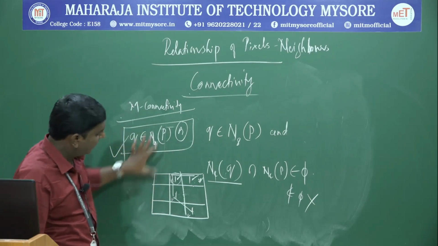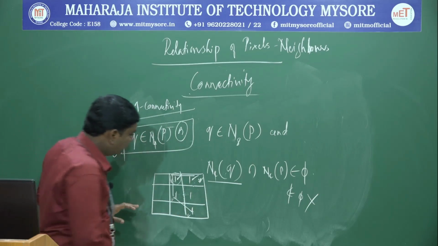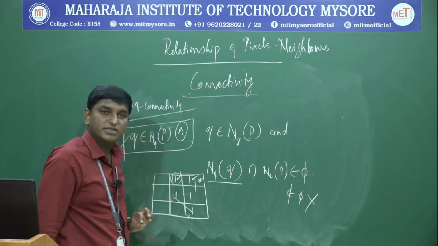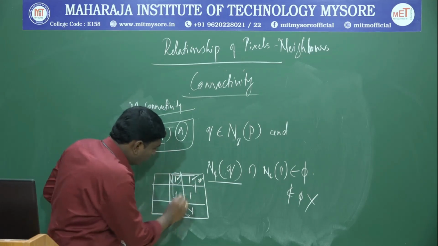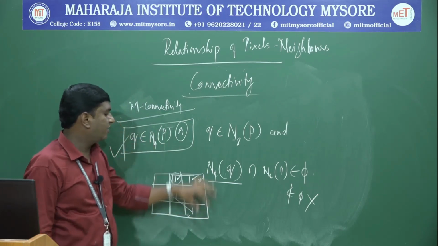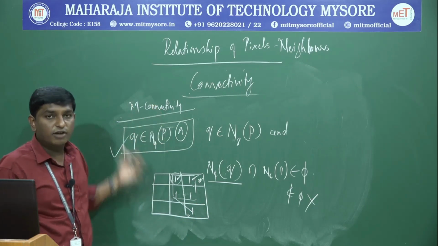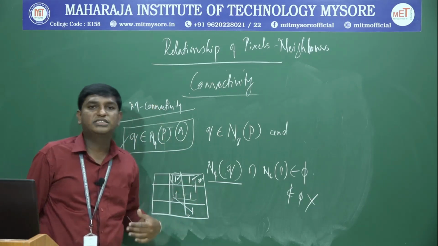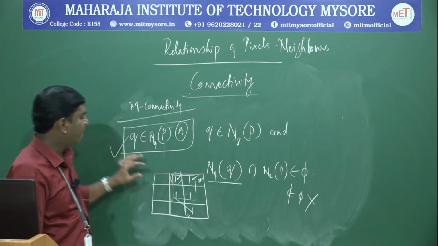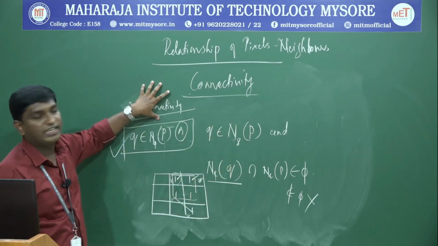Similarly, if we have one more like this, we will take this one, this pixel and this pixel. I can take that or I can take this, depending on our interest. Our problem is getting solved here. So this M connectivity solves the problem of multiple paths for considering the connectivity of the pixels. If we have more than these conditions, we will go for M connectivity.